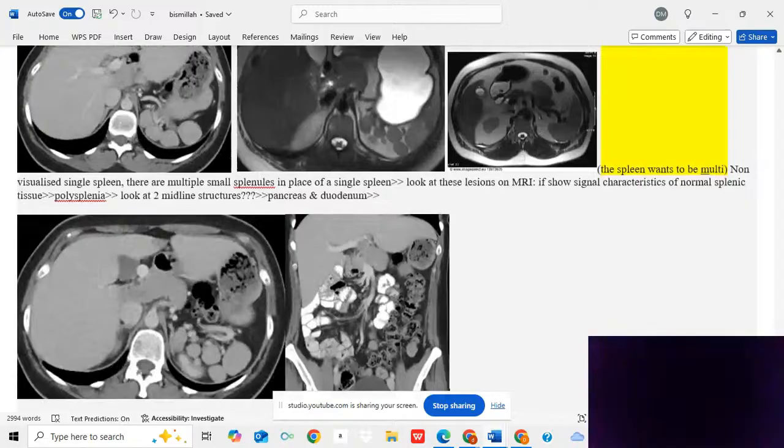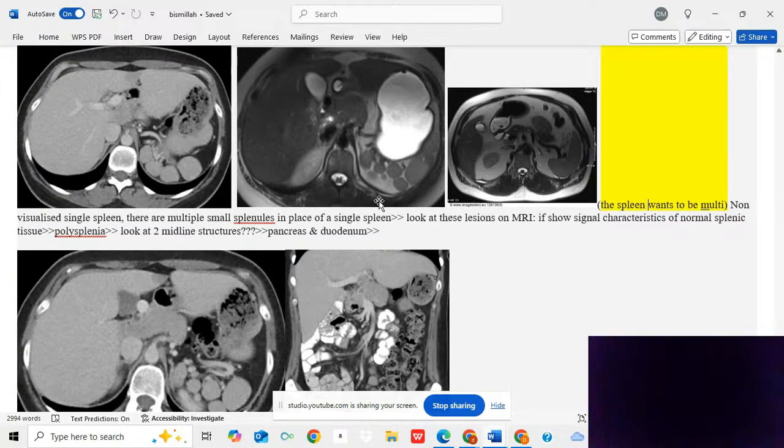So the last case here, we checked the spleen. We couldn't find any single splenic tissue, but instead we found,